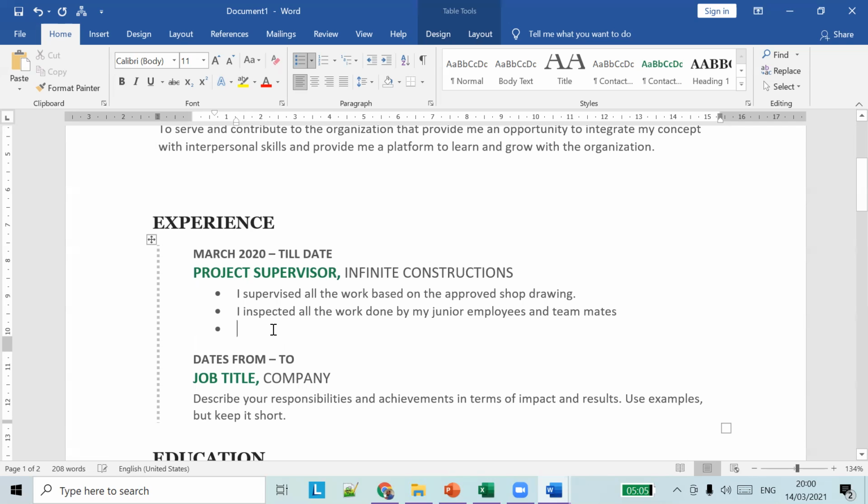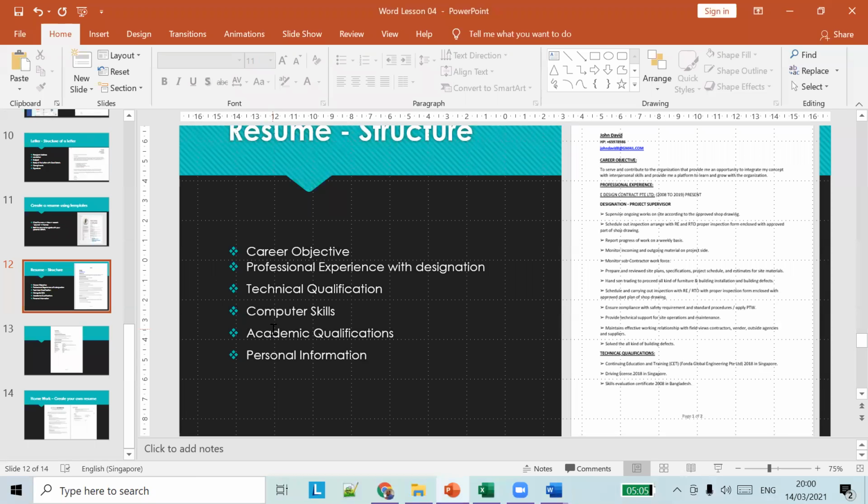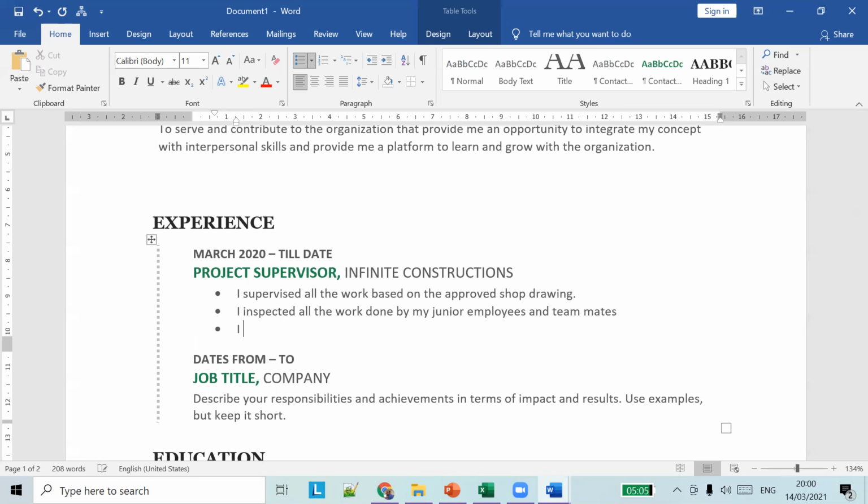Then you can say something like I ensured that safety standards are met as per the requirements. So you can type something like this. You can type how you did this job and what your recommendations are.